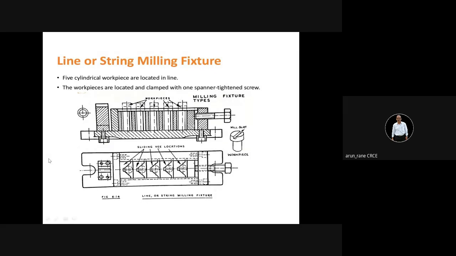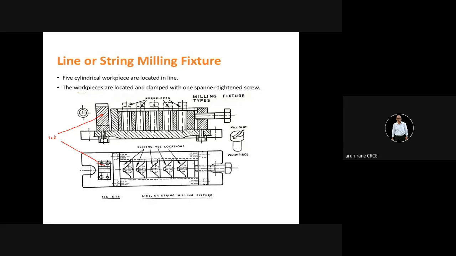Okay. Now what is the operation we are going to do here? We have to mill this slot. We have to mill this slot. Okay. Where is the setting block here? This is the setting block. ये आपका setting block है, this. And in this view, this is the setting block. ये आपका setting block. This is the setting block.